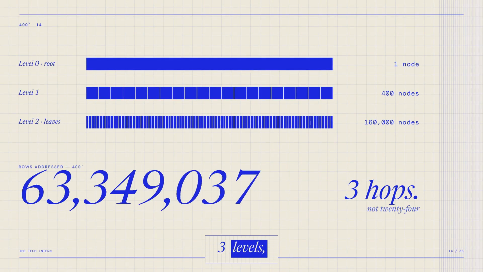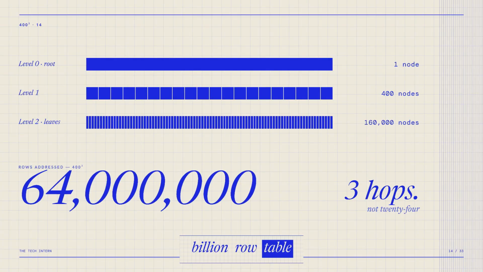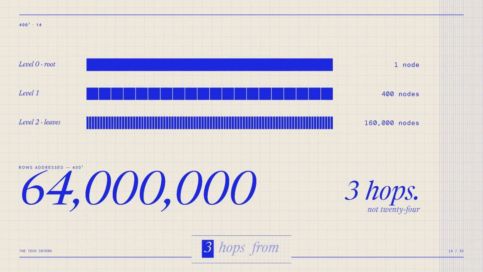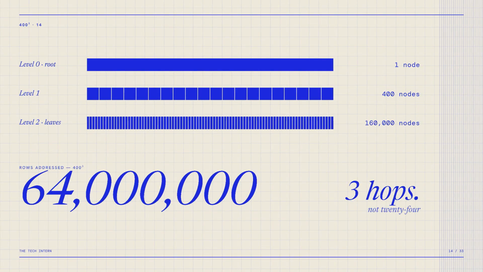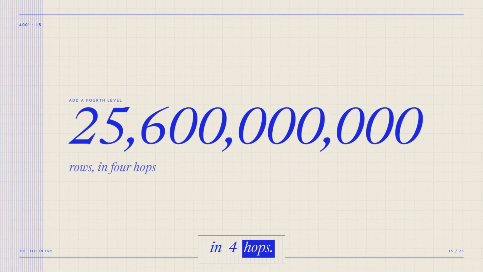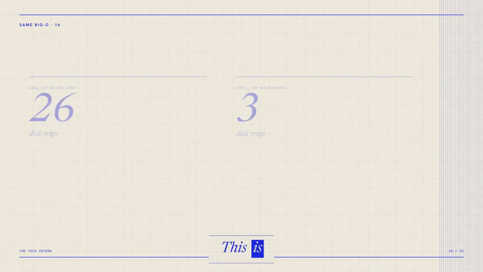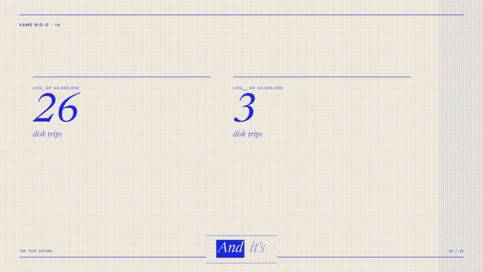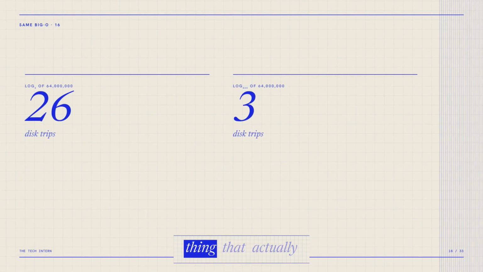3 levels. That's our 10 million row table with room to grow 6 times over. And any row in it is 3 hops from the root. Not 24. 3. Add a fourth level and you're addressing 25 billion rows in 4 hops. This is what people mean by logarithmic, and it's why the base of that logarithm is the thing that actually